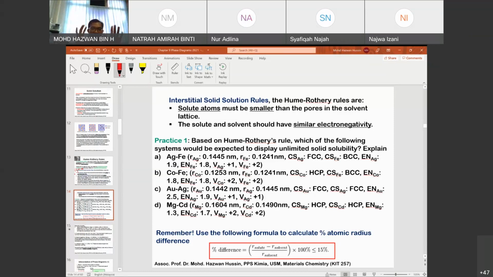D. So, I give you 1 minute. Look at the information over here, and you tell me whether this pairing, silver and iron, cobalt and iron, gold and silver, and magnesium and cadmium, does it actually display unlimited solid solubility? And if yes, explain why. So I think all the information is provided there: difference of atomic radius, crystal structure,